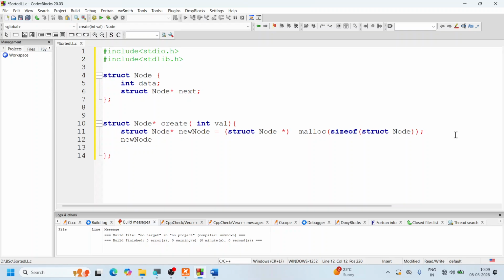Okay, and the data within that new node is the value, whatever is the value that is given to me. So in other words, whatever value is inputted, like 55, 45, whatever it is, that is stored inside the data. Okay, and as I told you before, the new node dot next